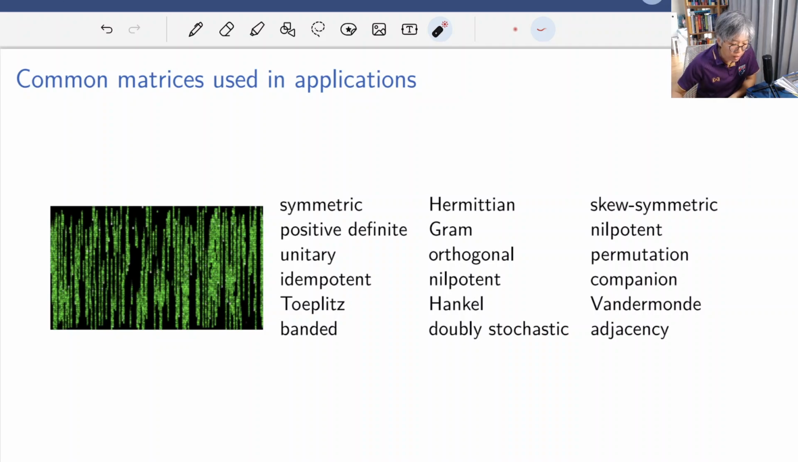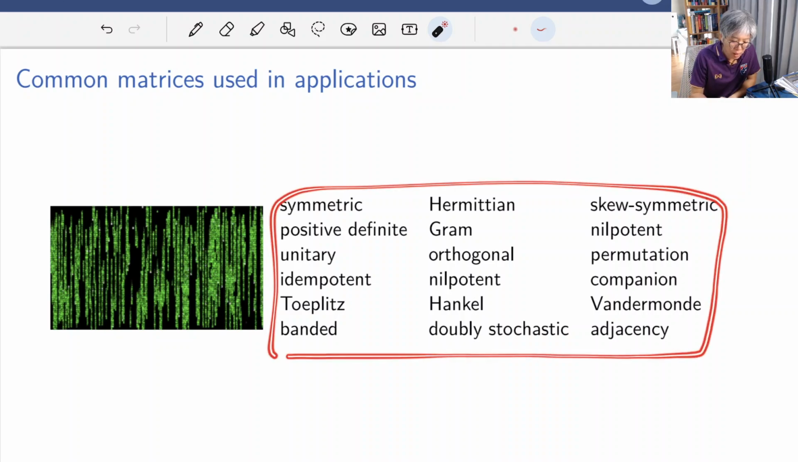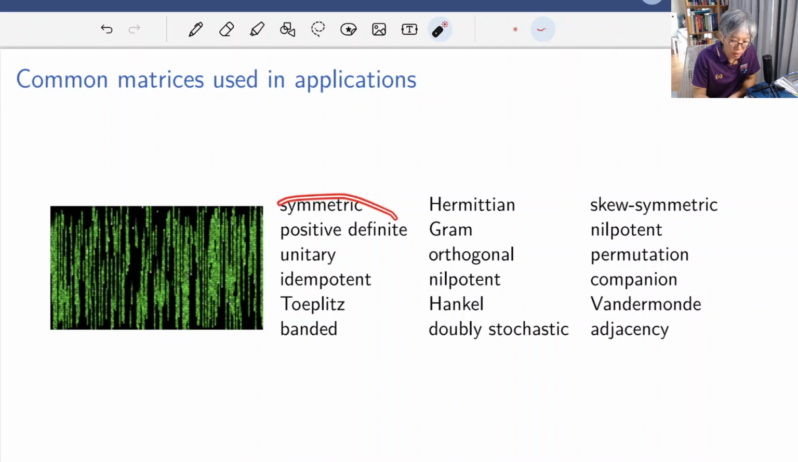This part of the lecture will cover some matrices that you see a lot in applications. These are an important list. In the previous video, we intensively covered the property, the definition, and the usage of symmetric and positive definite matrices. The matrices that we list here have a certain structure, a certain pattern. In this particular video, we will touch upon unitary, idempotent,